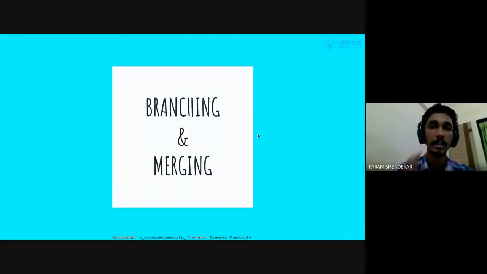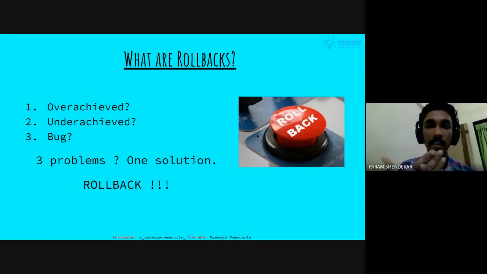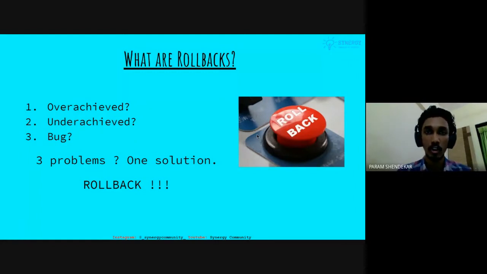Now I'll be discussing in brief what git checkout is. Git checkout is what you use to traverse from one branch to another branch. I'll be explaining what branching is in a further slide, but remember that git checkout is used to move between the branches. Suppose for now your working directory is on branch A, and you want to go to branch B, so that is what you use git checkout for.